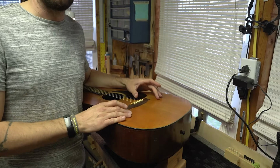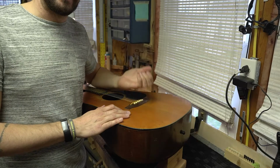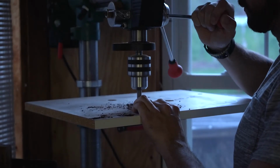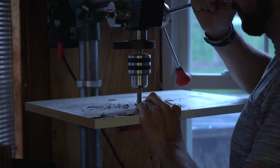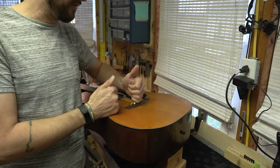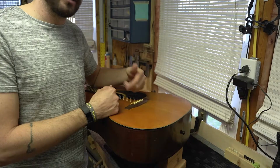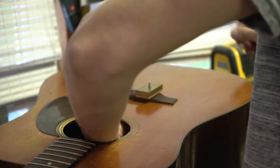On a properly made instrument, the ball end of the string is actually anchored against the bridge plate itself, not the bridge or the top. Over time, either cracks develop in the bridge plate, which allows the ball end of the string to act as kind of a splitting wedge, driving up through the top, or just over years of restringing the guitar, the hole